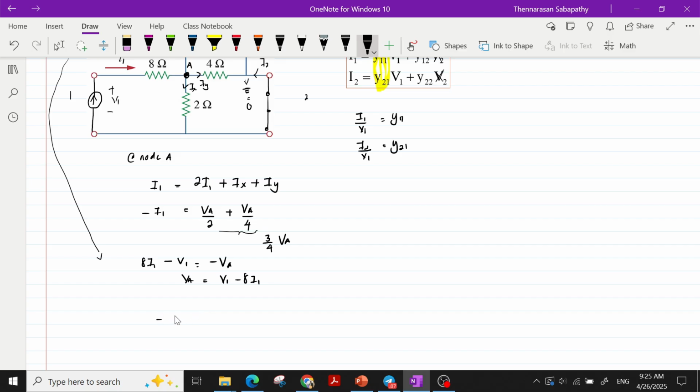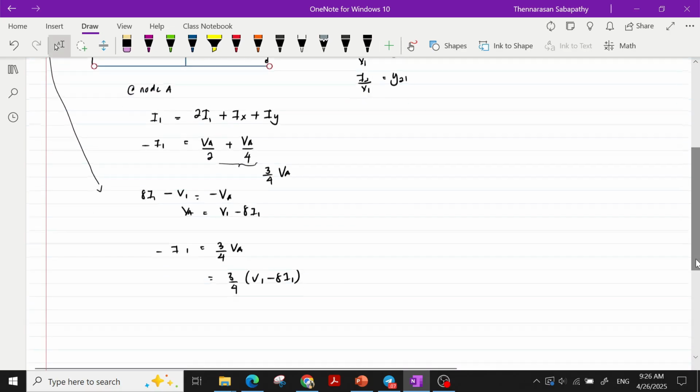So I will rewrite the equation: I1 equals 3 over 4 VA. What is VA? VA is V1 minus 8I1, this is negative I1,